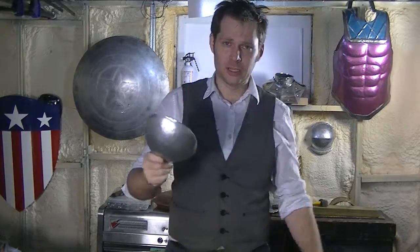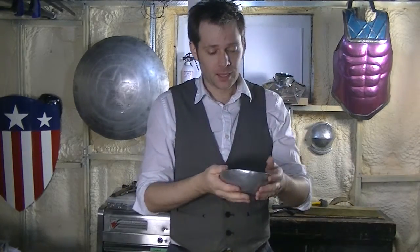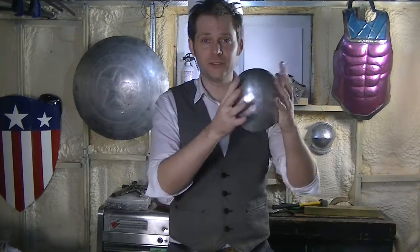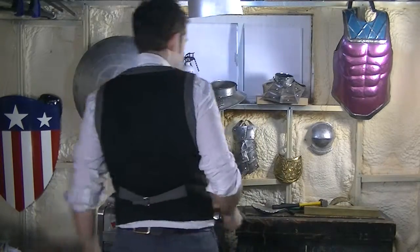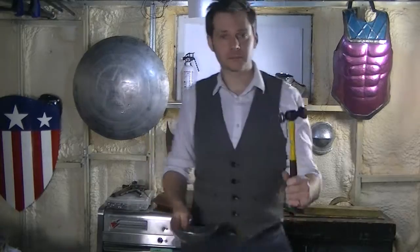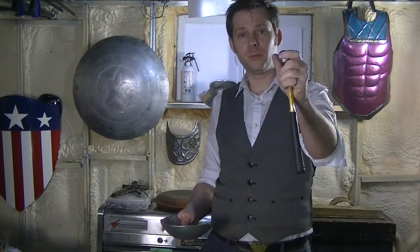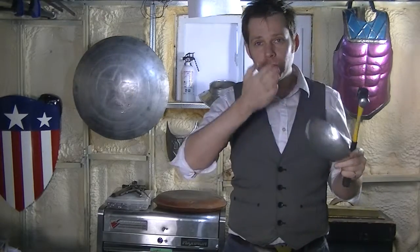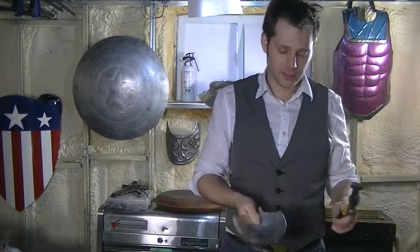So what we're going to be doing is using a technique called dishing, sometimes called sinking. And what that is, is stretching out the metal. So we're basically inflating it like a balloon. And how we do that is we grab our auto body hammer with a nice round, smooth round face, and we are going to hit this from behind into a divot of some kind, a little dented something, and